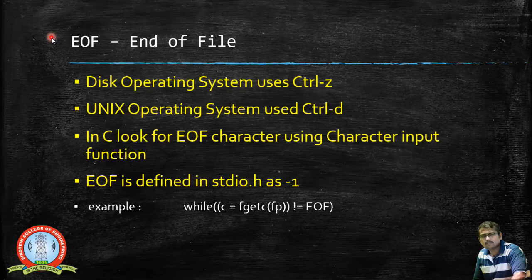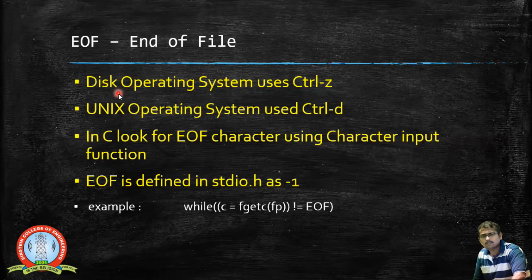Sometimes when you are writing inside the file, if you want to make sure you will reach the end of the file, you can have a special character at the end. For example, I may put a hash symbol at the end of the file. Whenever I read that hash symbol, I can say that I have reached the end of the file.